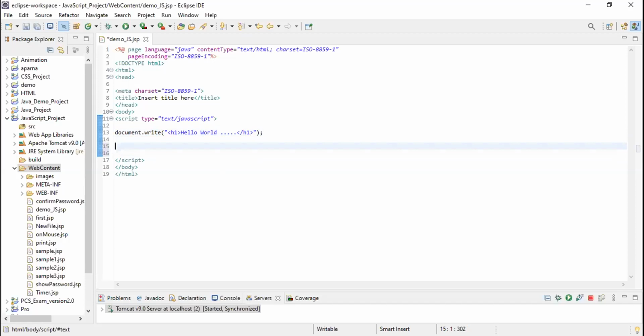So in JavaScript, we use var, okay, to write a variable.